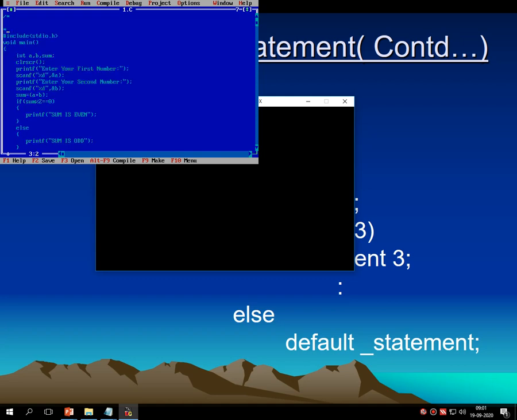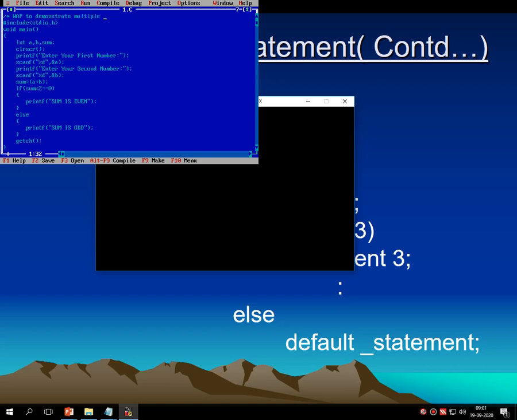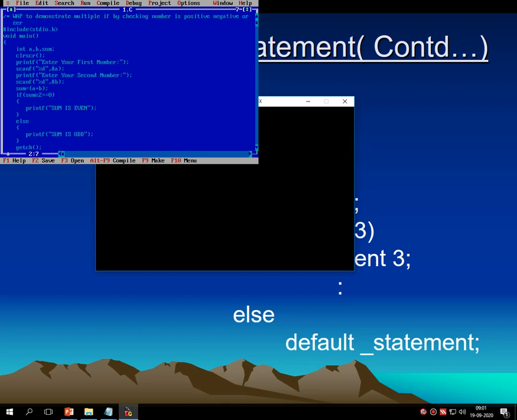Write a program to demonstrate multiple if else by checking number is positive, negative or 0, and the comments get over. What I have written: write a program to demonstrate multiple if else by checking the number is positive, negative or 0.